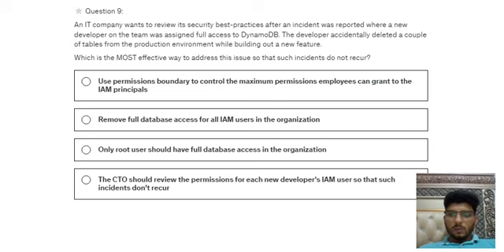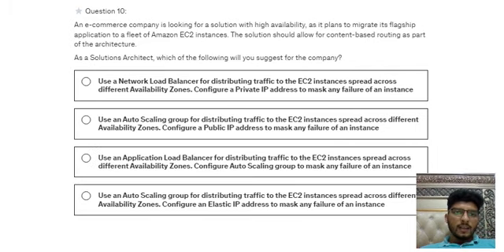Right. So question 10: an e-commerce company is looking for a solution with high availability as it plans to migrate its flagship application to a fleet of Amazon EC2 instances. The solution should allow for content-based routing as a part of the architecture. As a solution architect, which of the following will you suggest for the company? Here are the four options. The right answer is